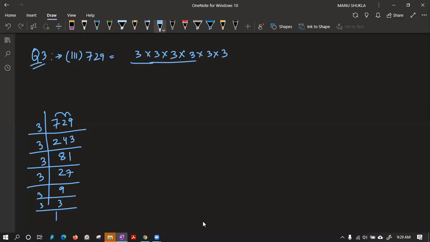So if I write like this, I will find there are 6 threes getting multiplied. So the answer in exponential form is very easy, 3 power 6. This is the answer. That's it. Similar is the fourth part also. In the fourth part again you have to prime factorize and write the answer. I hope no one has doubts in these parts. If you have, please ask right now. Question number 3. If you have any doubts, you can ask.